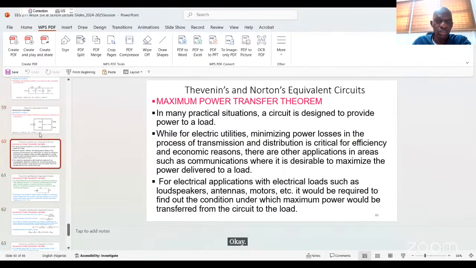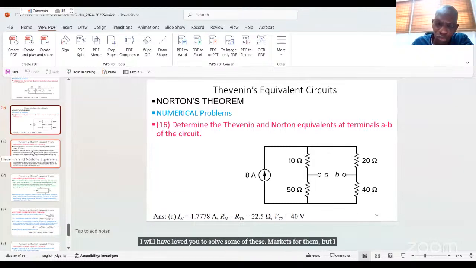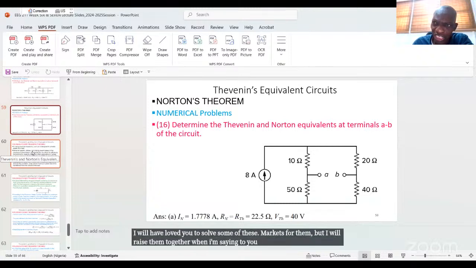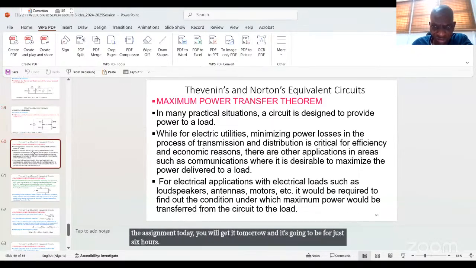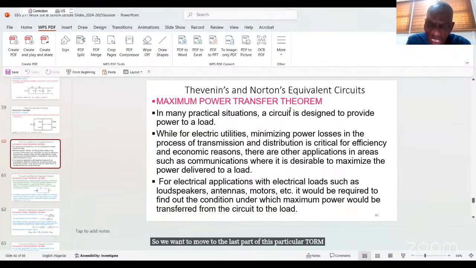I will have helped you to solve some of these problems, but I will raise them together when I'm sending you your assignment. If you don't get the assignment today, you will get it tomorrow, and it's going to be for just 6 hours. So we want to move to the last part of this particular theorem for today, which is the maximum power